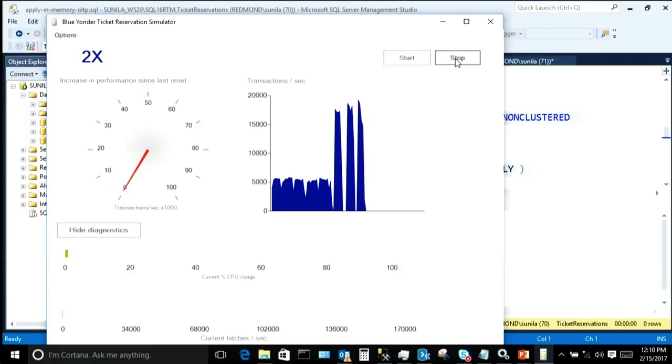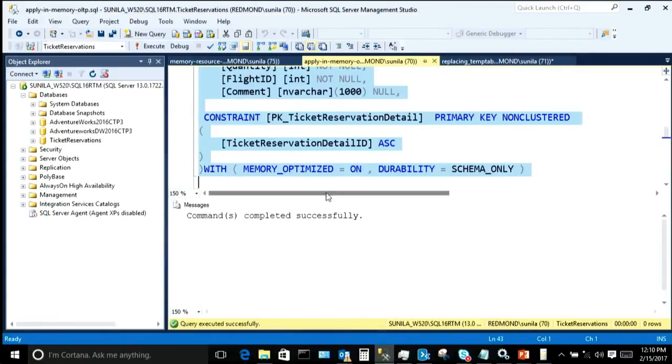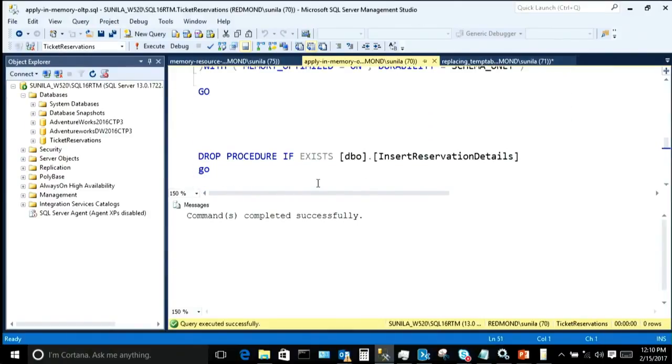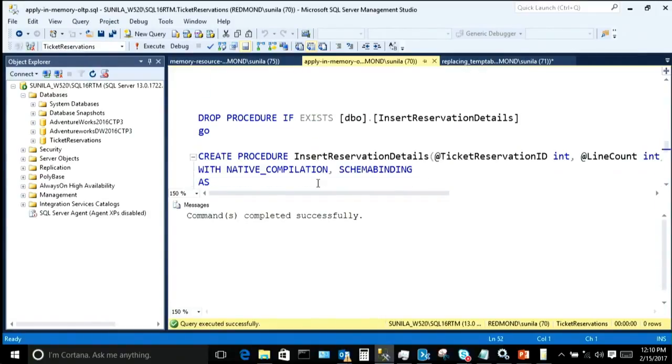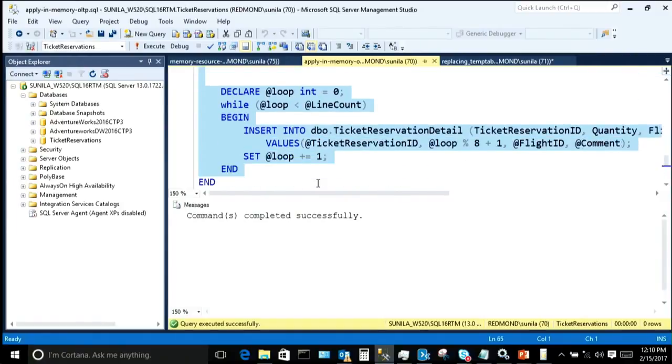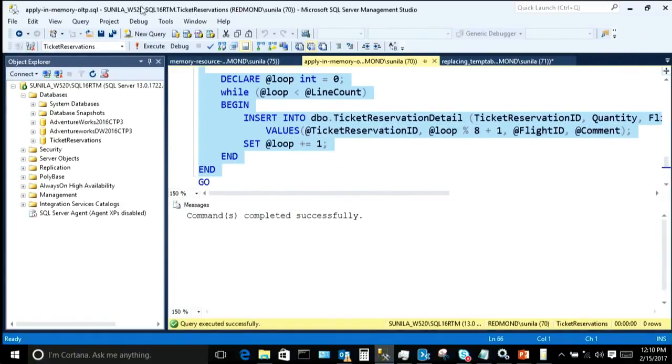The last thing that I will do, remember I was talking about this native stored procedure. I go here and convert my stored procedure to native. I'm going to drop the stored procedure. I dropped it, and I'm going to create this stored procedure. Notice somewhere I should say native, right? I'm saying native. So I'm replacing my old stored procedure with the native stored procedure, okay? And I'm going to execute that. Now if I run my workload,